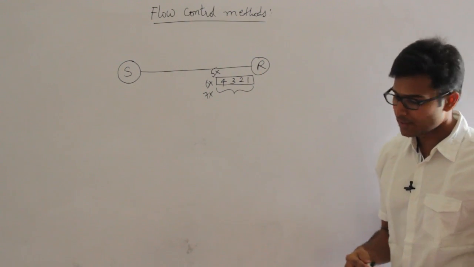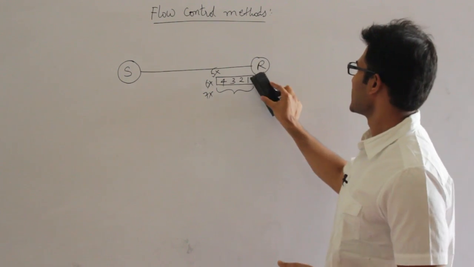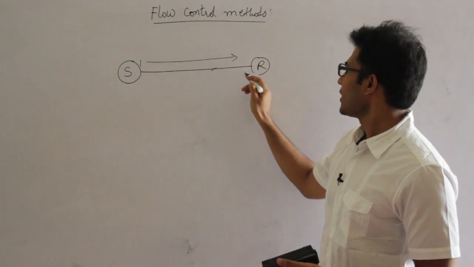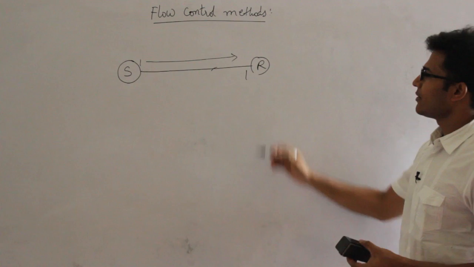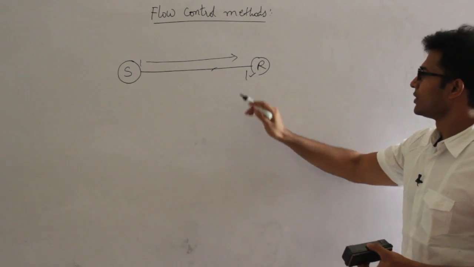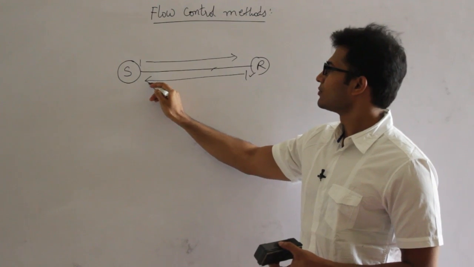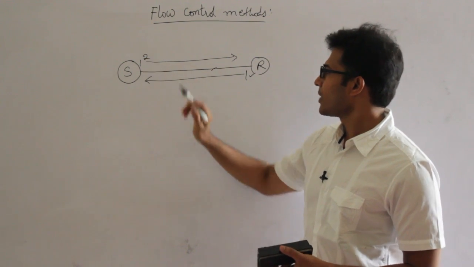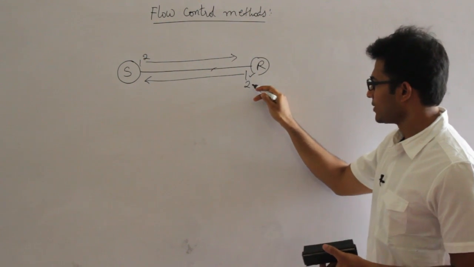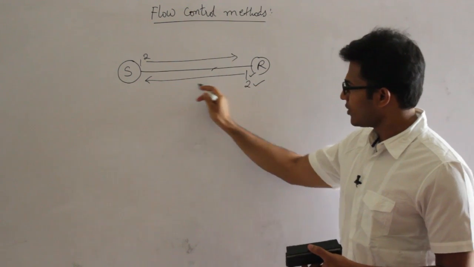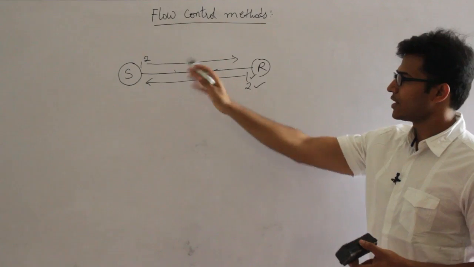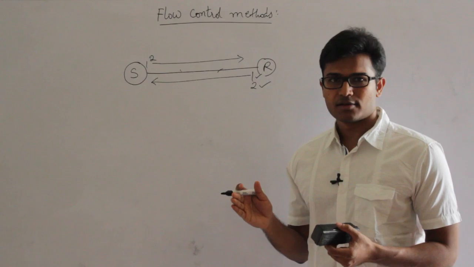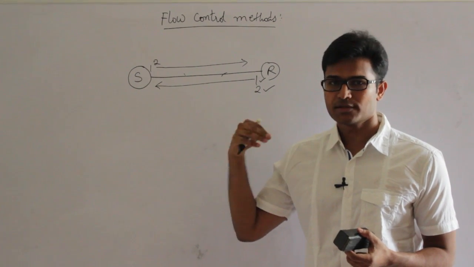The simplest flow control method is this. You send packet number 1, and now packet number 1 will be received, and once packet number 1 is consumed, then let it ask for packet number 2. Let it say that yes, I received packet number 1, and then you send packet number 2. Then it will receive packet number 2 and say that I have received packet number 2, and only then you send packet number 3, which means the sender should send one packet and then stop and wait until the receiver says that I am done, you can send the next packet.